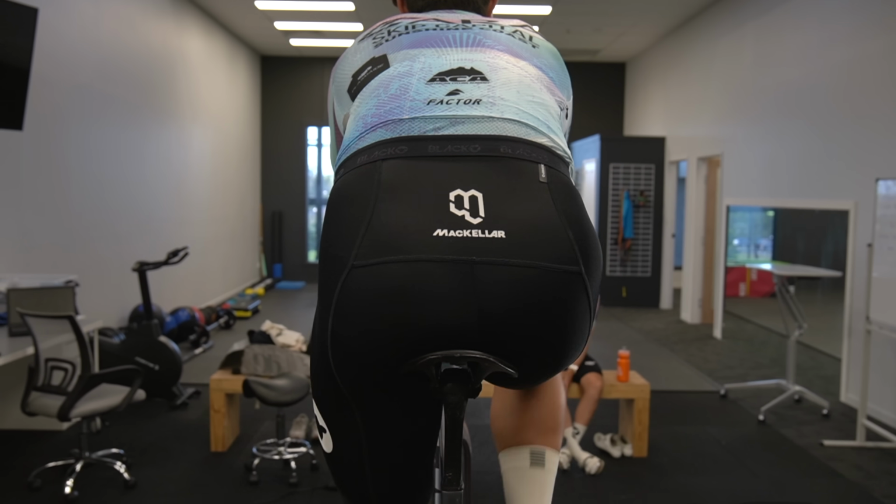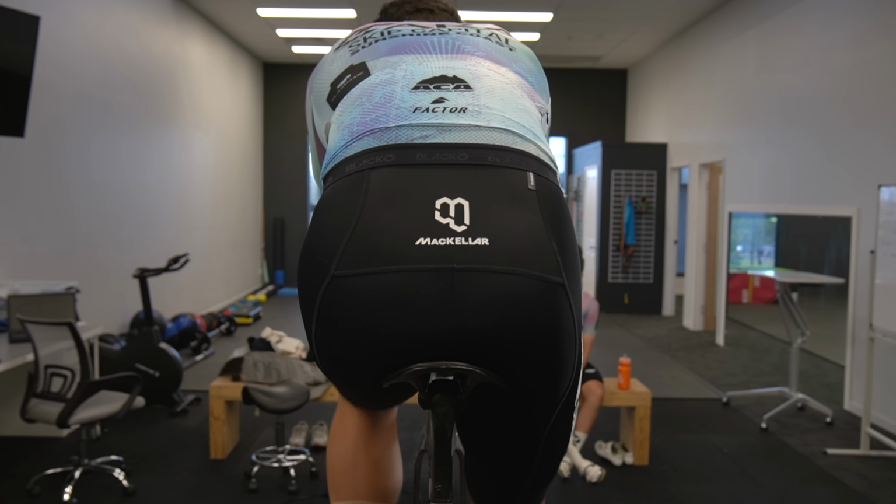In the context, let's talk about pelvic rock. Let's talk about pelvic rock now. It is generally speaking true that instability, rocking, and excess movement on the saddle is bad, primarily because of two